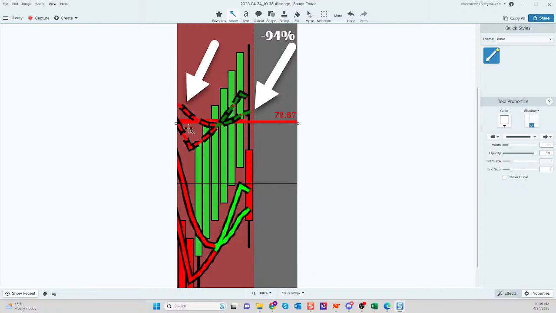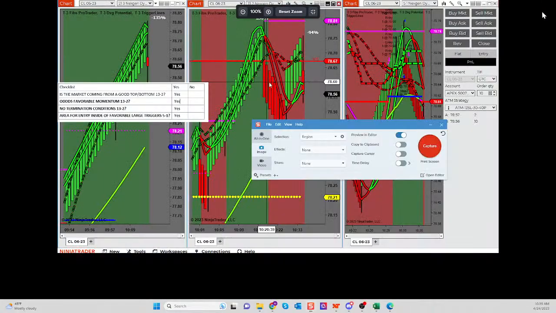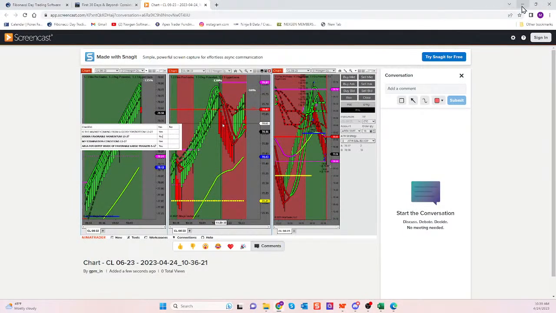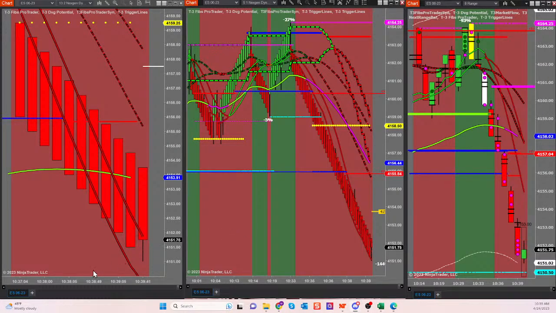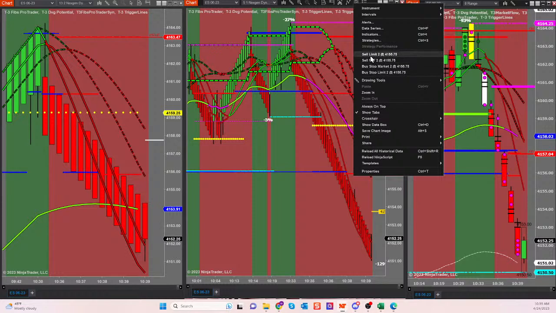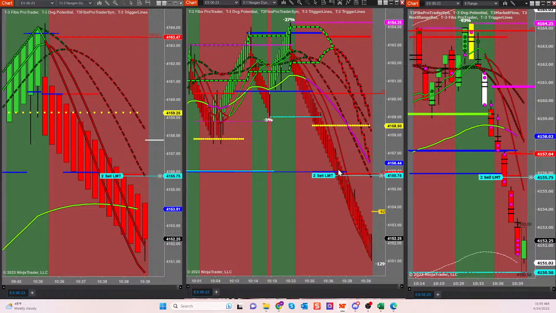One, you do have everything going down. You got the triggers down, the smalls below the large. I love your first trade. It just didn't work. The second trade was what we call a revenge trade. And revenge trades tend to separate us from our money. I like termination conditions, absolutely nothing in the way, odds favorable, momentum. And just putting an order right there at that area where the market is likely to continue. Guys,